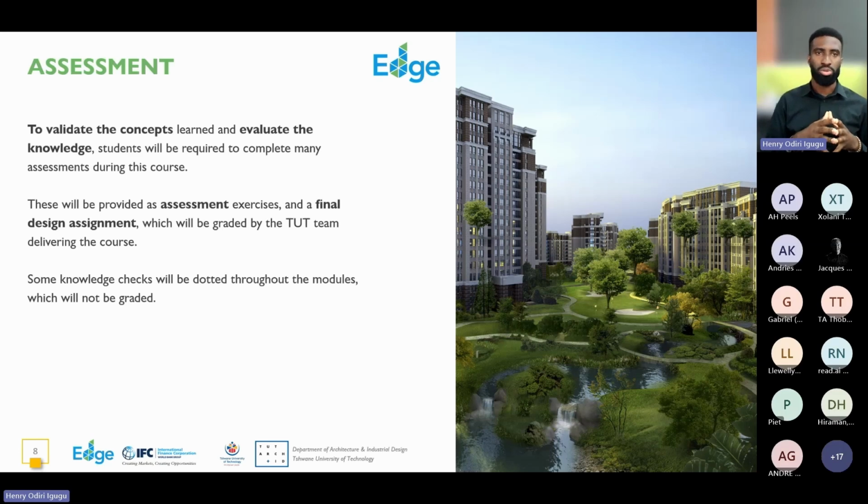And so every participant will be required to complete a number of assessments all through the training. There's going to be a few assessment exercises, and then there's going to be a final design assignment, which is going to be graded by the TUT delivery team, as I mentioned earlier, at the beginning of the presentation.